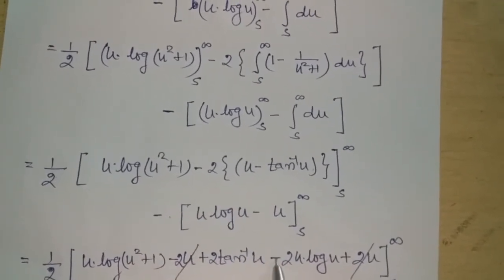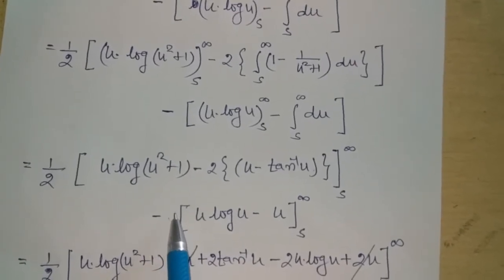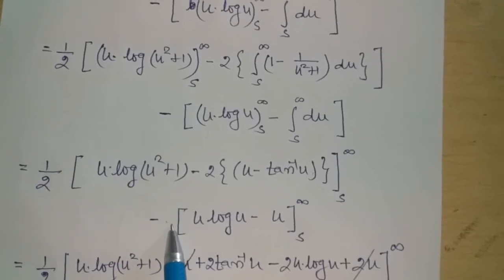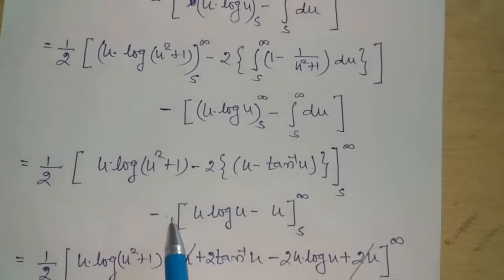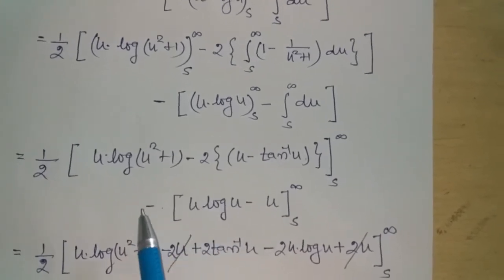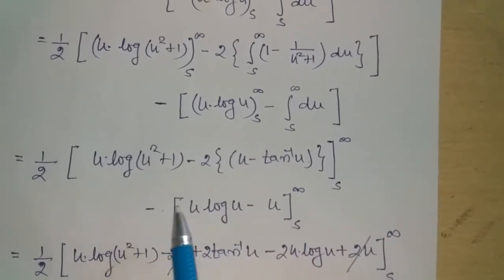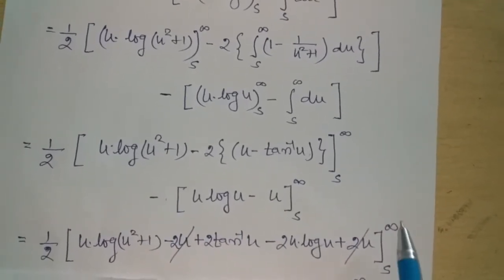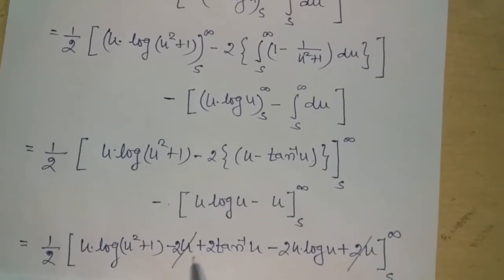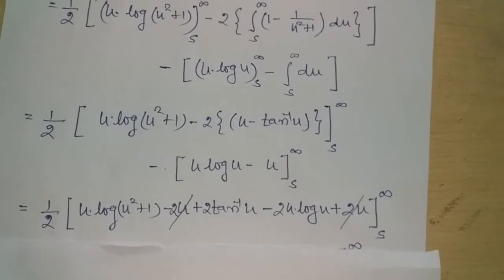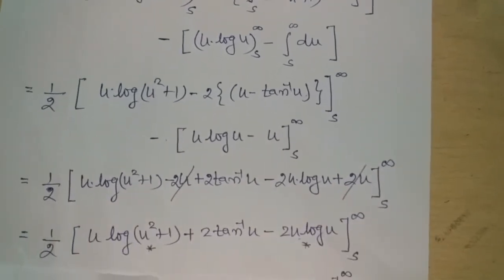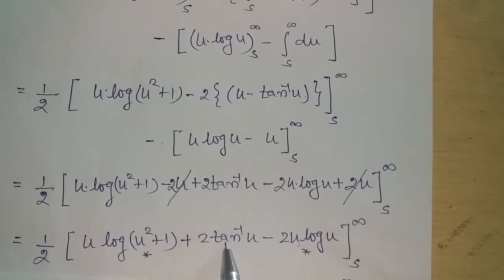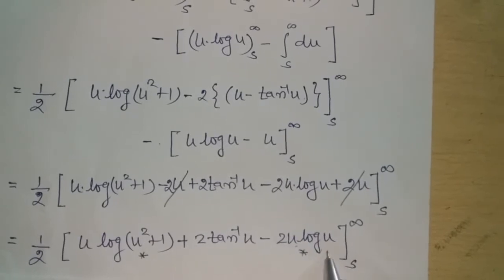minus, here 1/2 is absent, so we multiply and divide by 1/2, and 1/2 is common, so we have a 2 multiple term here. So we multiply this expression by 2, we get minus 2u log u plus 2u, and the common limit of these two expressions s to infinity. Now negative 2u and positive 2u cancel, so we get 1/2 [u log(u² + 1) + 2 tan⁻¹u minus 2u log u]